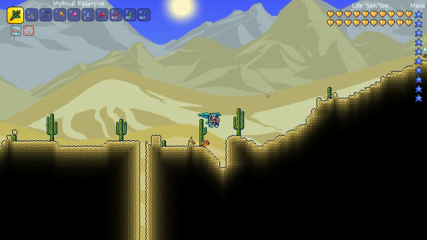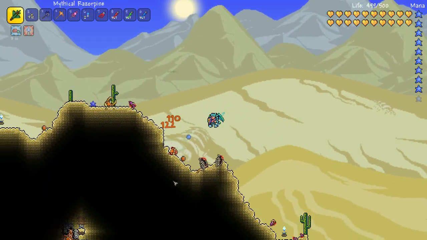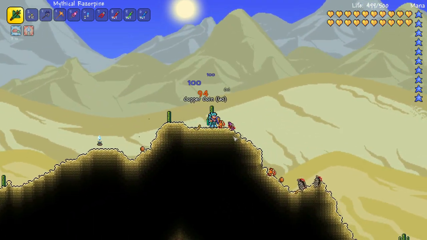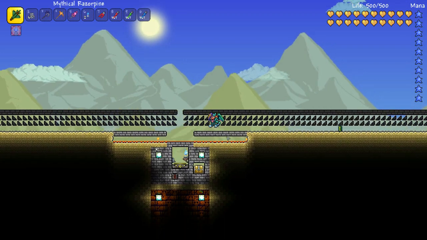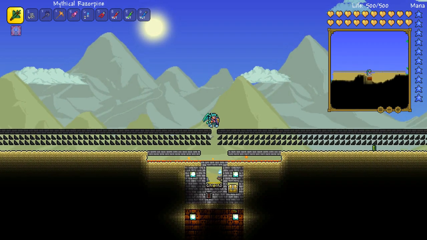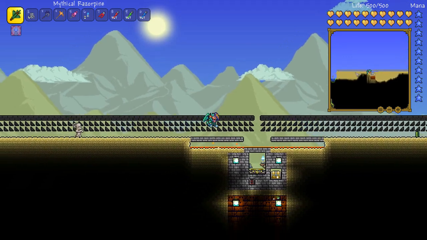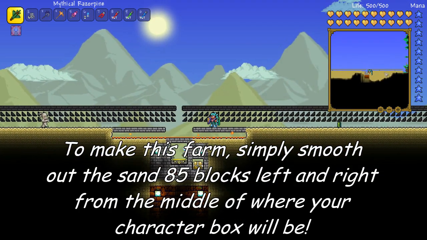Now, it can be kind of painful to farm for them, so I've made a little AFK farm that you might be interested in. So, stay tuned and I'll show you how it works. Okay guys, so here we are at the farm I've created, and if you can't tell by the slanted blocks here, it's using the Hoik glitch that's in Terraria. So basically what I've done, if you look at my mini-map, is I've just really flattened out an area of